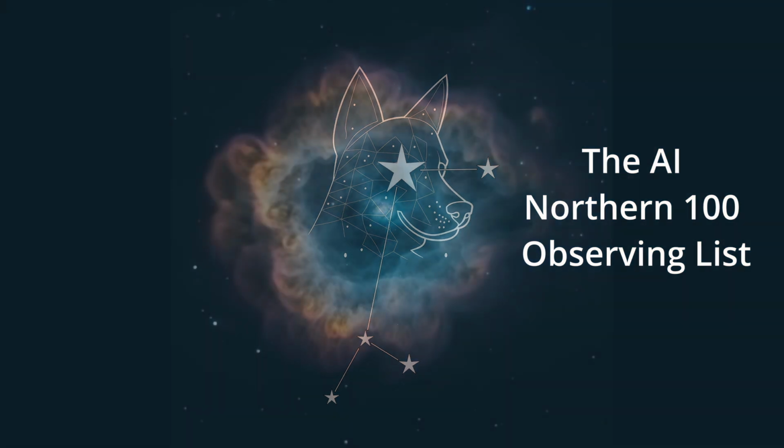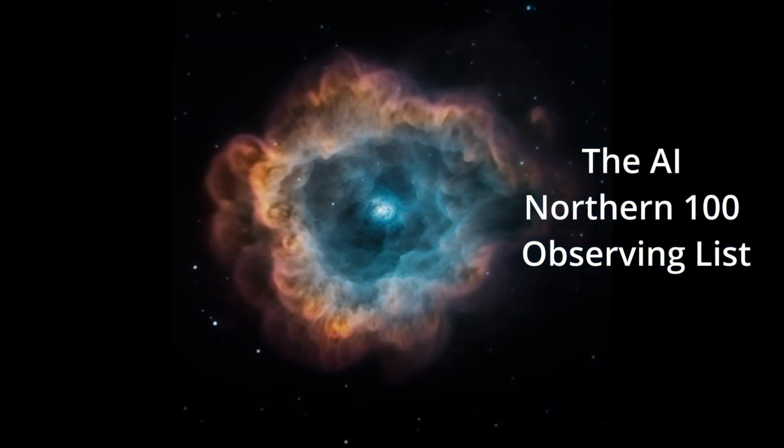Hello everyone. Today we're going to do something fun. We're going to embrace the power of artificial intelligence and use ChatGPT 4 to create a unique visual observing list. That's right. We'll show you how to use ChatGPT 4 to generate a list of 100 amazing objects to observe in the Northern Hemisphere using an 8-inch telescope. And, to make it even more interesting, we'll also generate notes for each of these objects that you can include